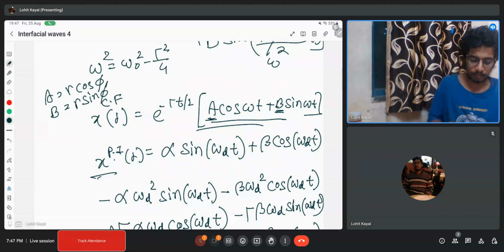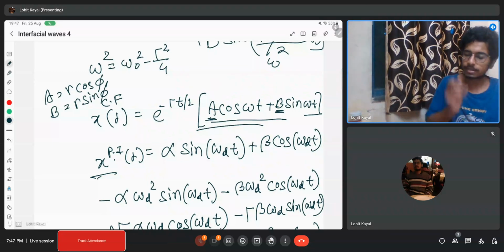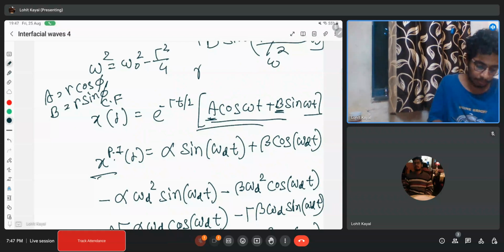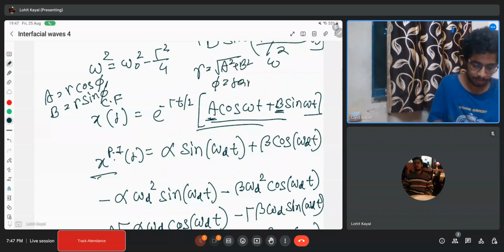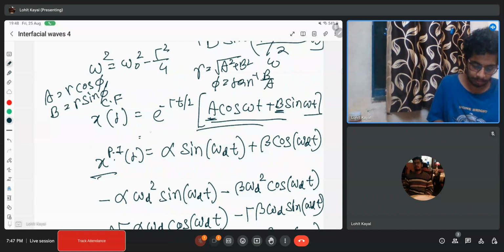So it will be r cos phi cos omega t plus r sine phi sine omega t. What will be r? R will be simply the square root of a square plus b square, and phi will be tan inverse b by a. As a result, you can write it with some constant. In the option it is given as b. The solution will be e to the power minus gamma t by 2 cos